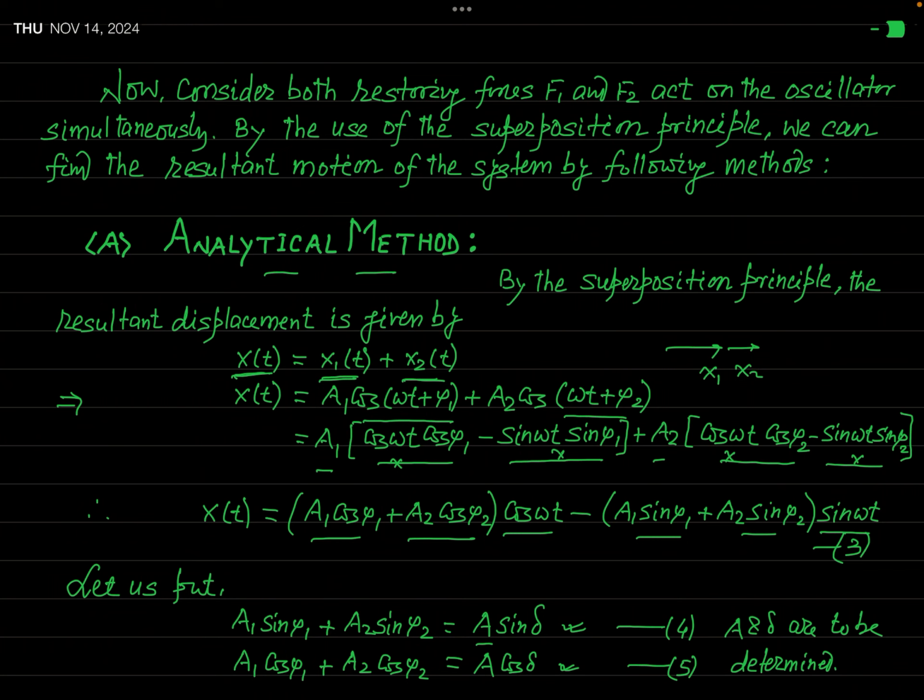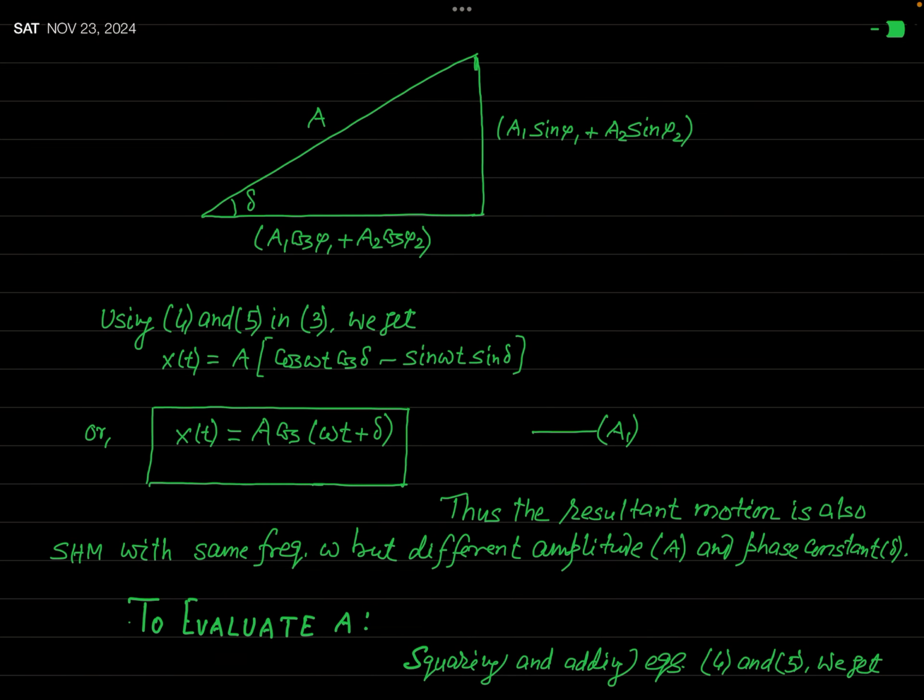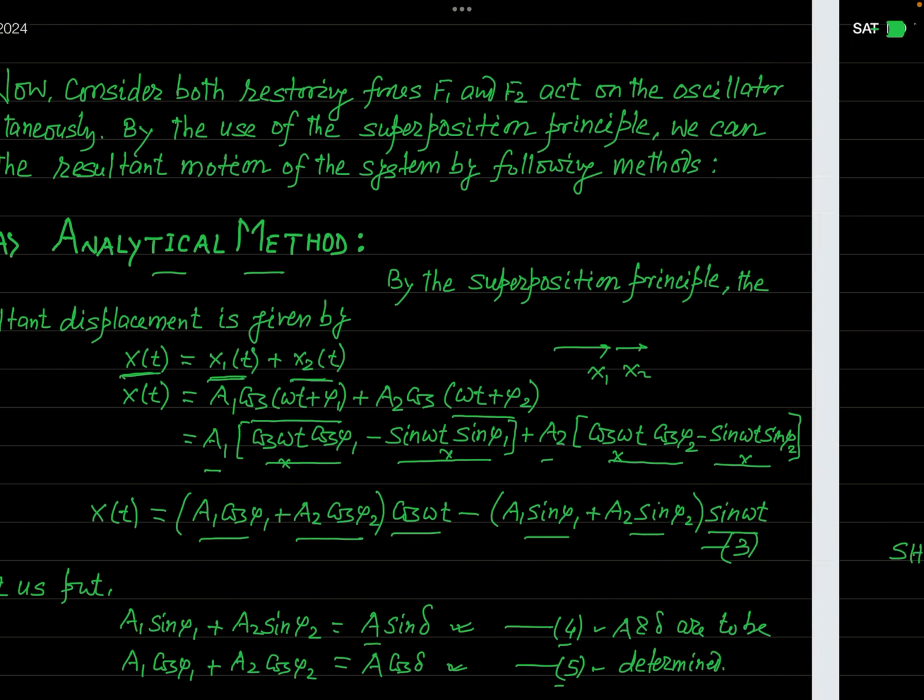If your aim is to find the value of A, you can see equations 4 and 5. When you square equations 4 and 5 and simply add after squaring, you will get the value of A. So let us square equations 4 and 5 and after that add those. So doing this, you can see that